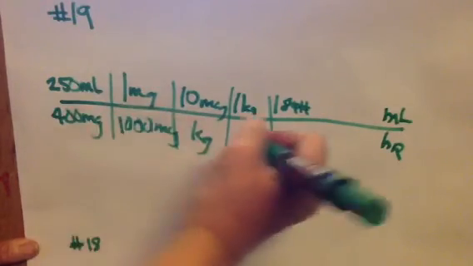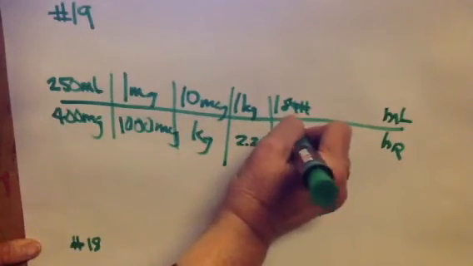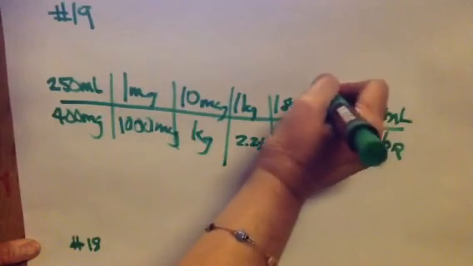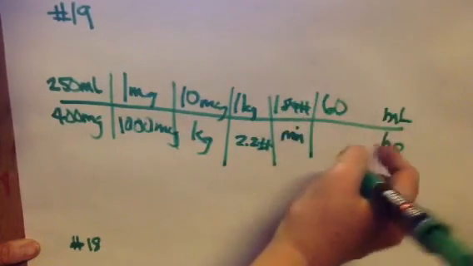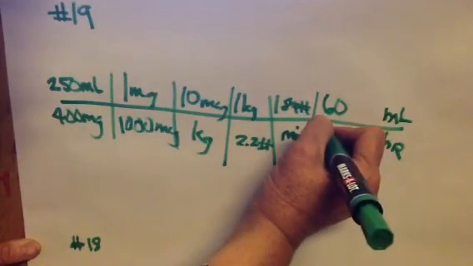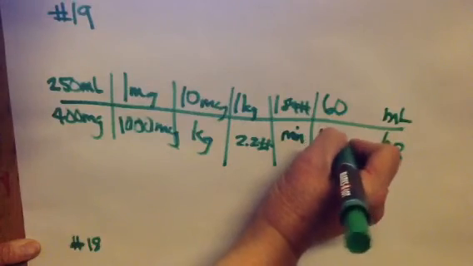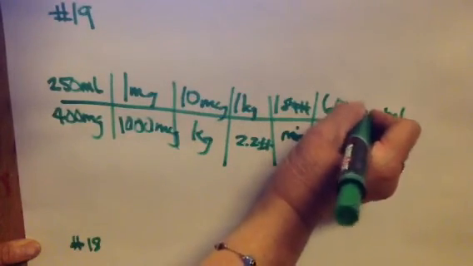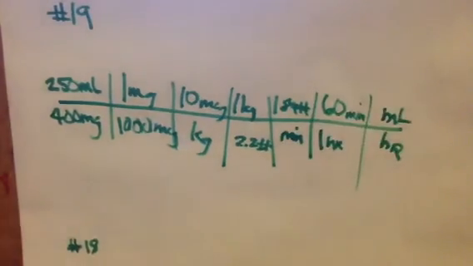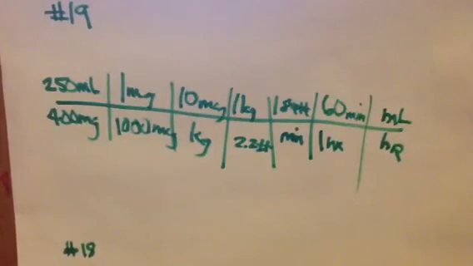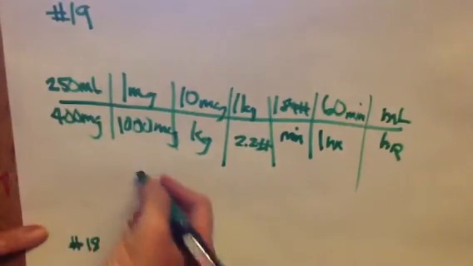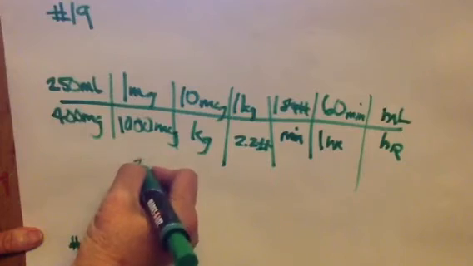And we're going to give all this per minute. And again, we need it in hours, so we have to have a conversion there. 60 minutes is 1 hour. So when you multiply this all across, you come up with